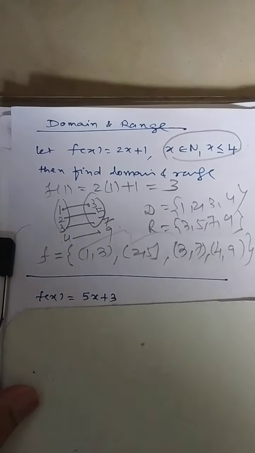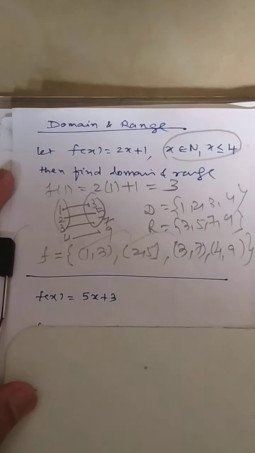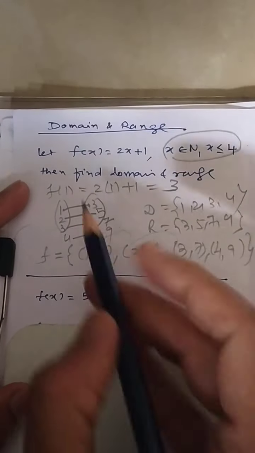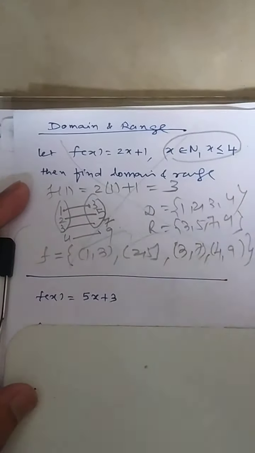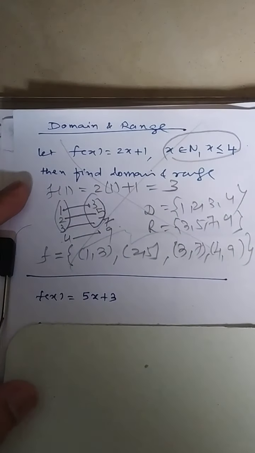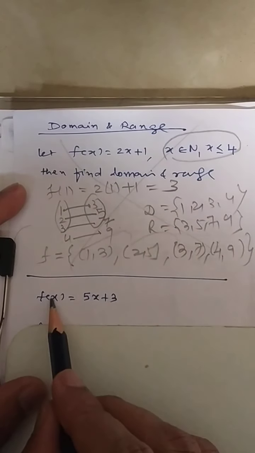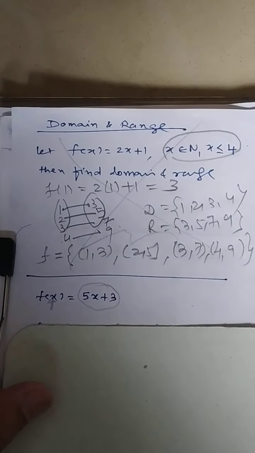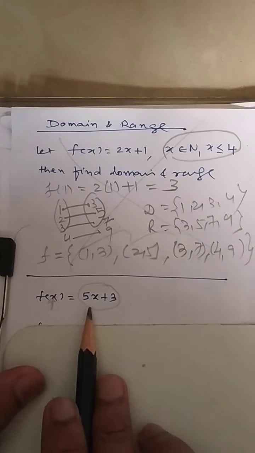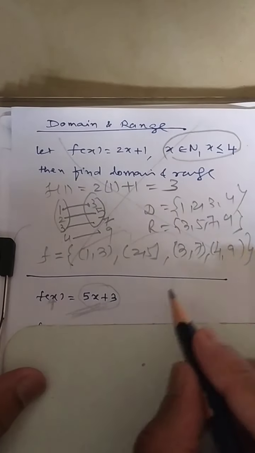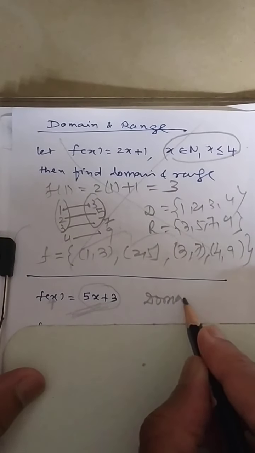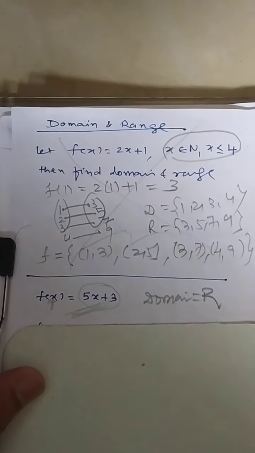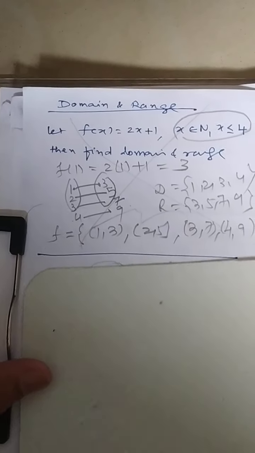Is it okay? Now, f of x is equal to 5x plus 3. Now, we will not follow this method of simplifying and getting the values. We will talk about what value of x you can put so that this becomes defined. Let us think about what defined means. It will have a value apart from an indefinite form. So there is a choice that you can replace anything in this expression. So in this case, the domain becomes R. If you have a few doubts, you will get clarity in the second example.